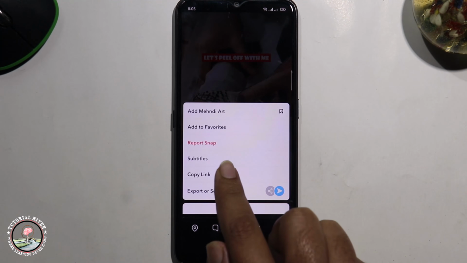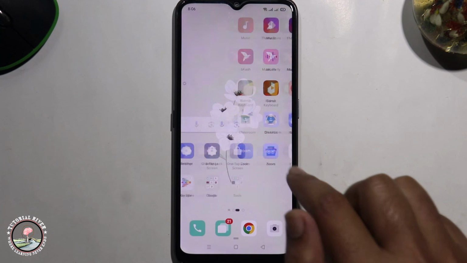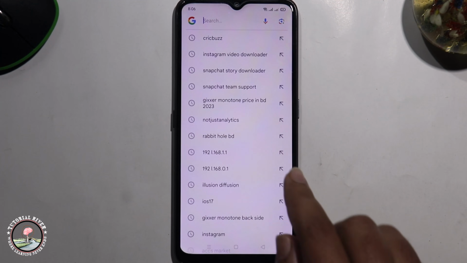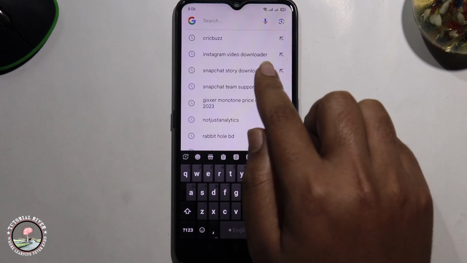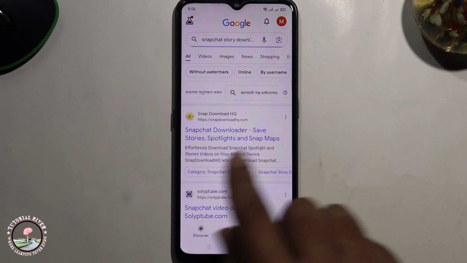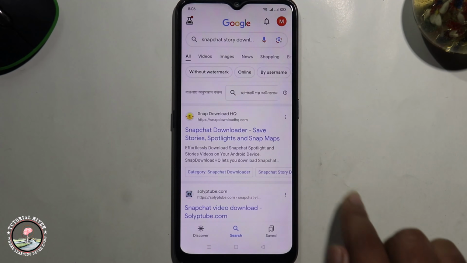first copy link and go back to Google search option, type here Snapchat Story Downloader, click on this link